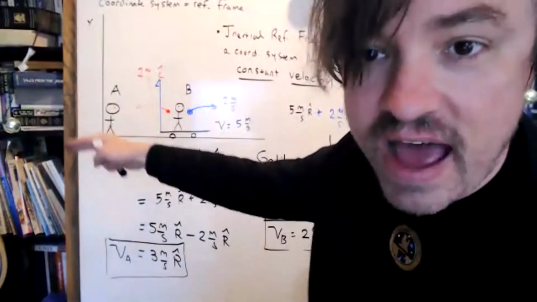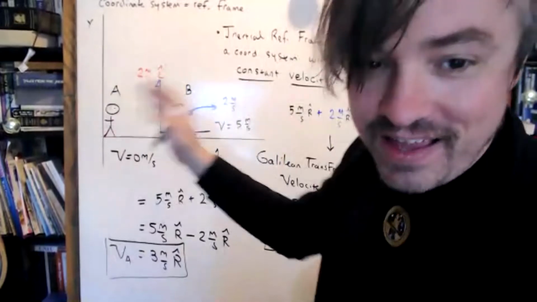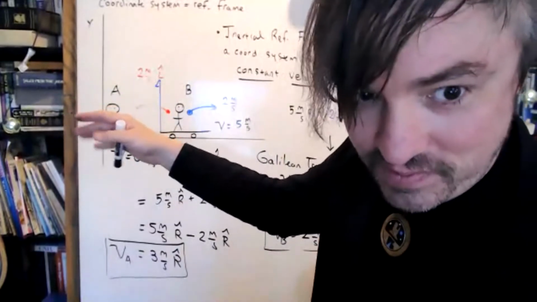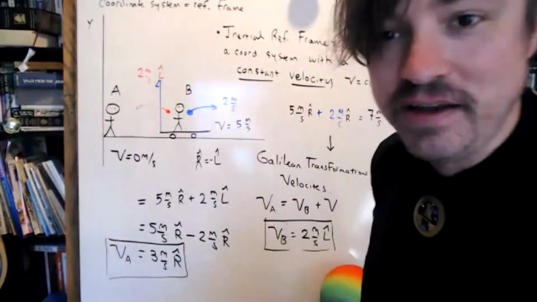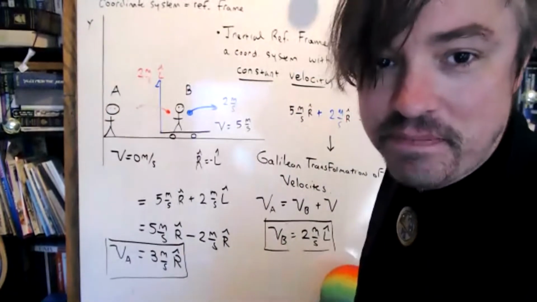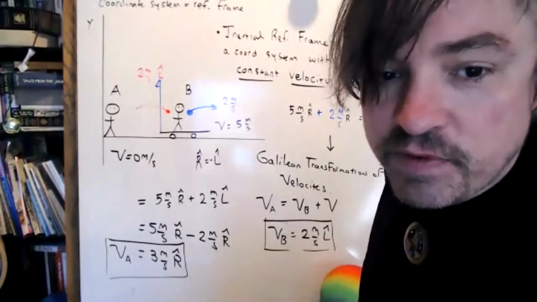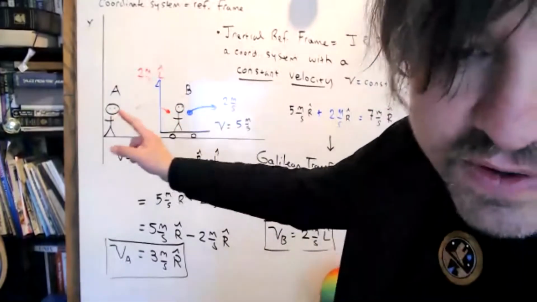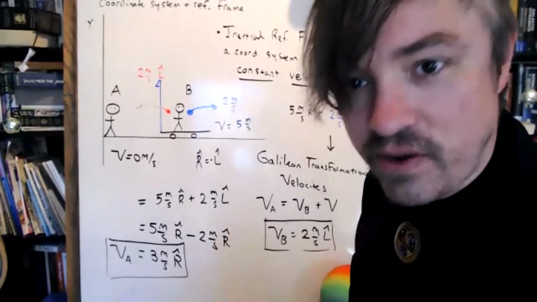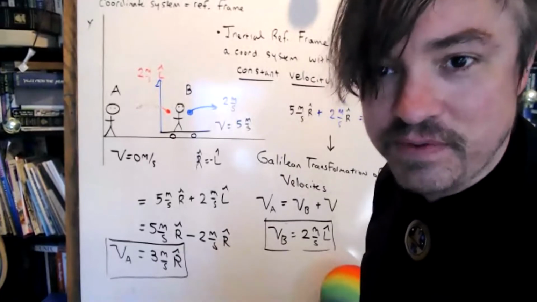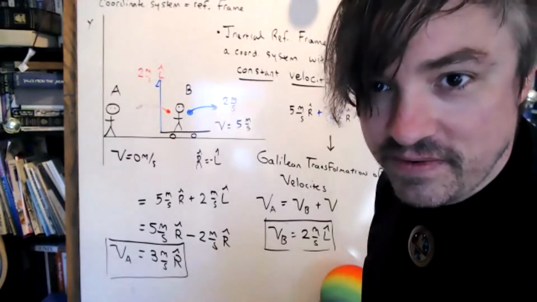The ball is going that way, well, it depends on who you're talking to, right? Relative to observer B, the ball is moving that way. Relative to observer A, the ball is moving away from the origin because it's being carried faster by the skateboard. What I'm trying to do is condition you guys to be comfortable with the fact that two different observers in two different inertial reference frames are not always going to agree on the same description of events. And things are going to get weirder from here, okay?